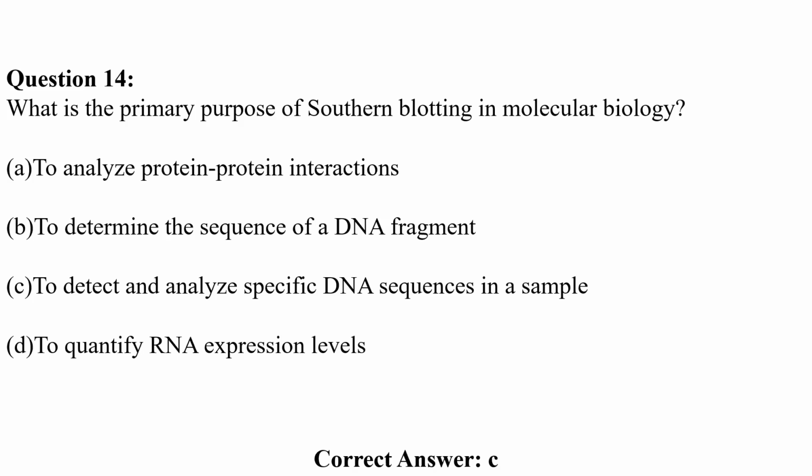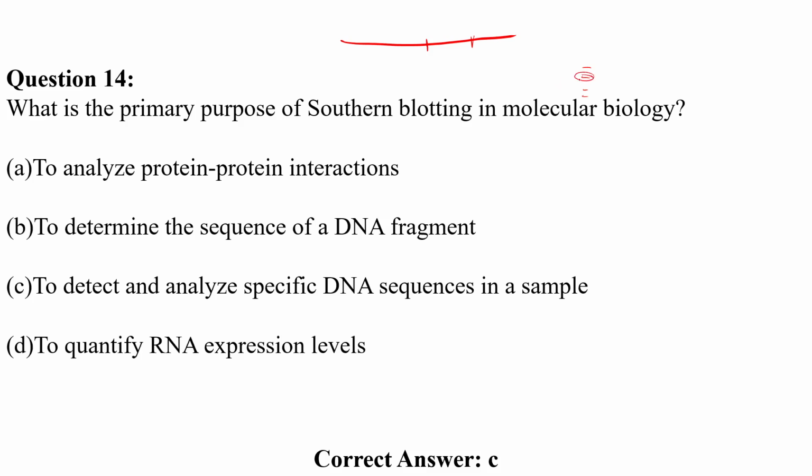So like northern blotting was done for RNA, southern blotting is generally done for DNA. So in northern blotting, we were actually checking the mRNA expression levels. In southern blotting, we can actually analyze a specific DNA sequence. So if we have the whole genome and I want to see if a particular gene is present in that genome or not, I can actually use specific probes for that particular gene, and I can fragment the whole genome into certain pieces, run it on agarose gel electrophoresis, and then use the probe for particular gene,